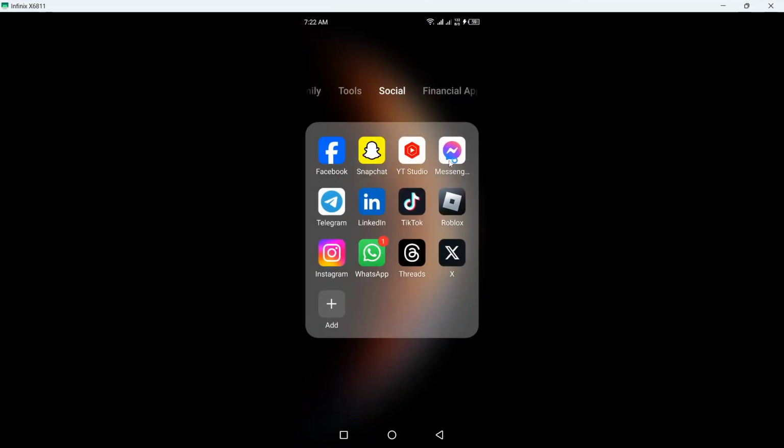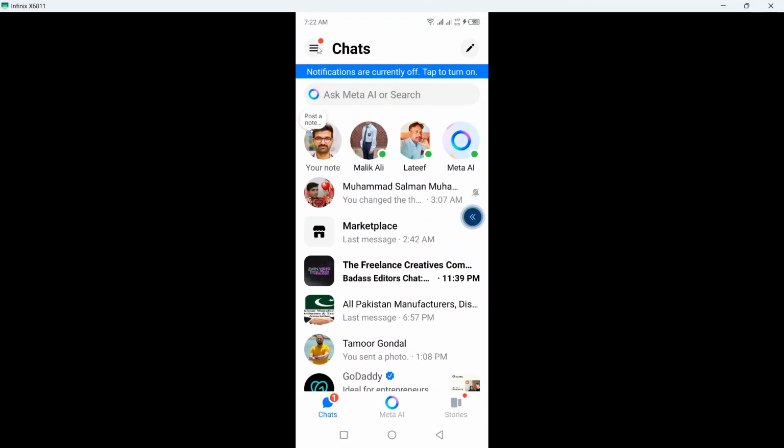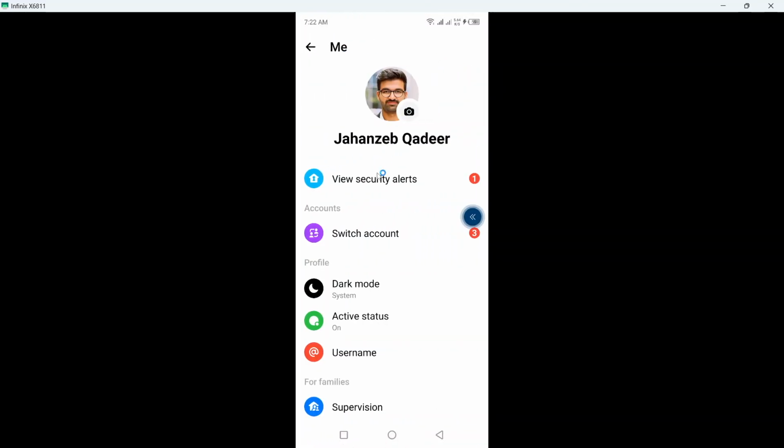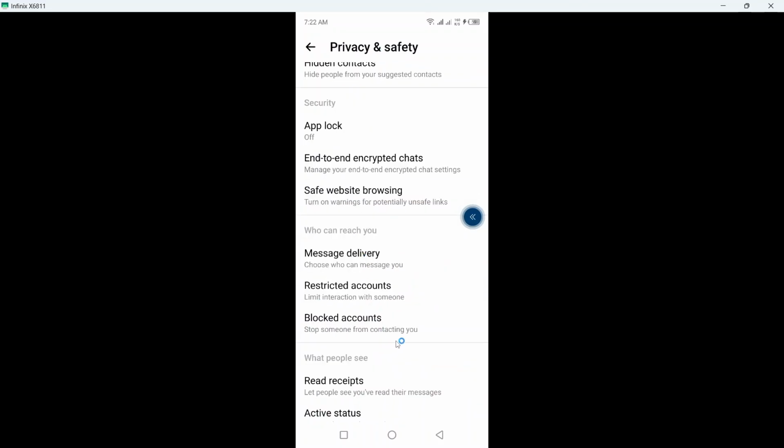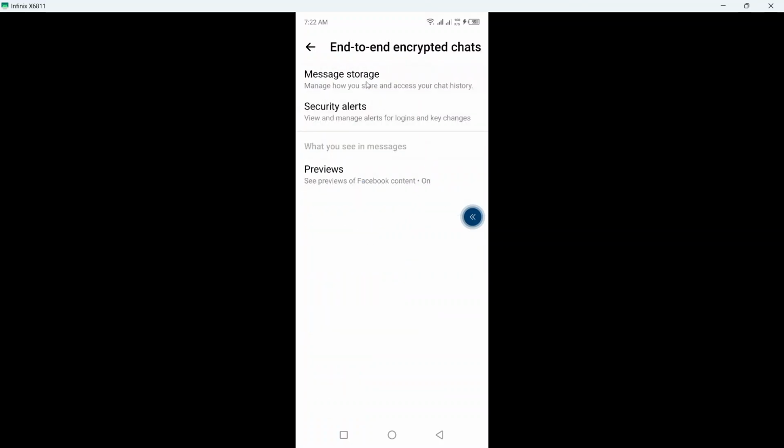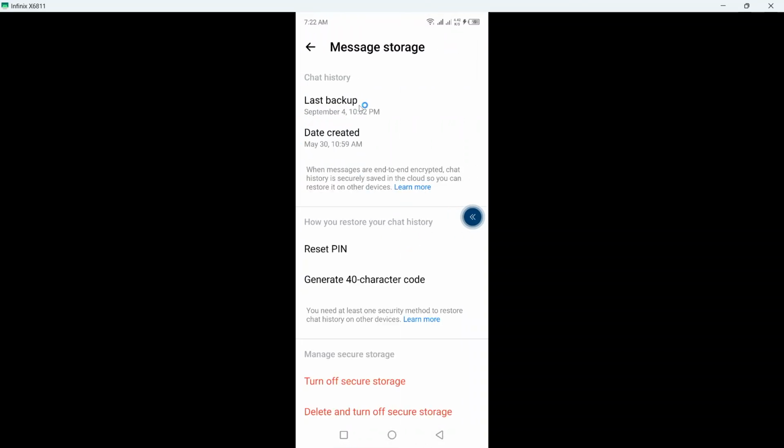So first step you need to do is to open Messenger. Click on these three lines on the top left. Click on this gear icon. Scroll down, go into the privacy and safety. And here you need to click on end-to-end encrypted chats. Click on message storage. And here you can see that I already created a backup. So you need to create a backup here. Then you need to go back